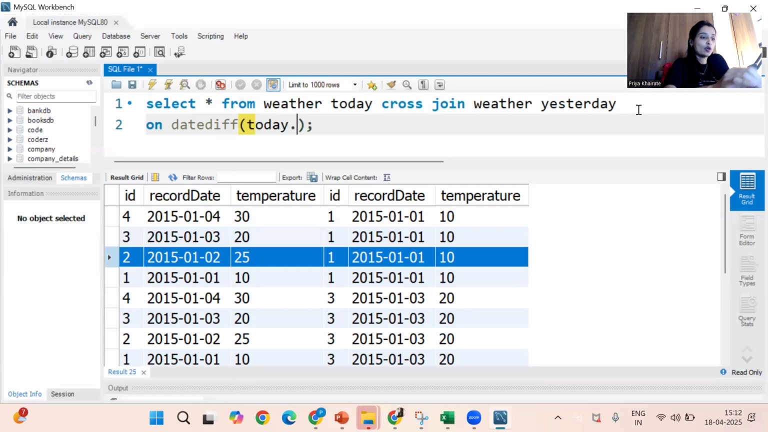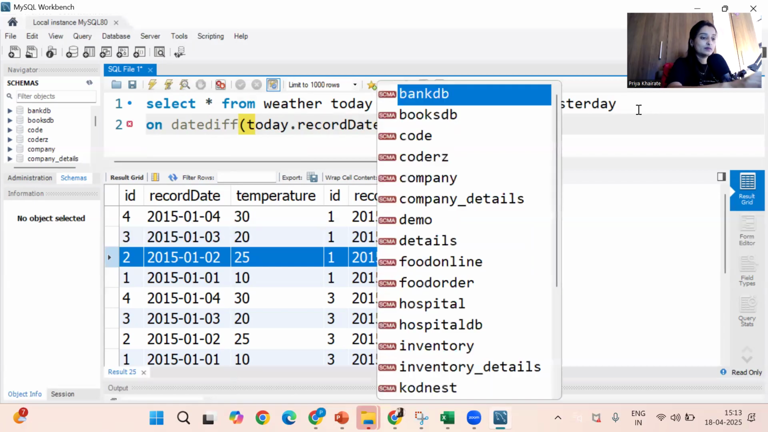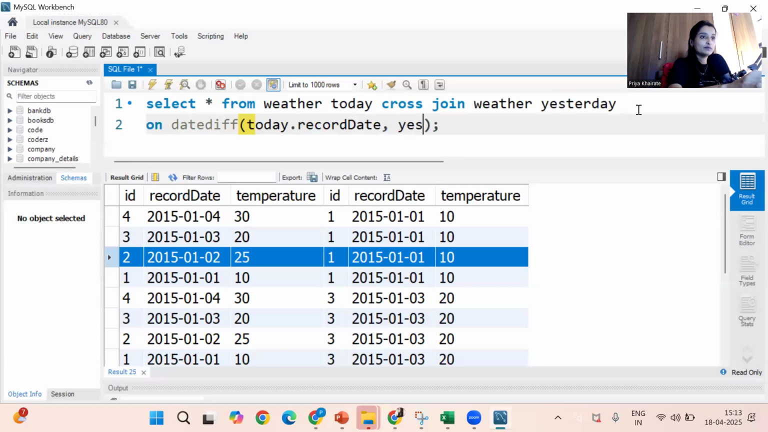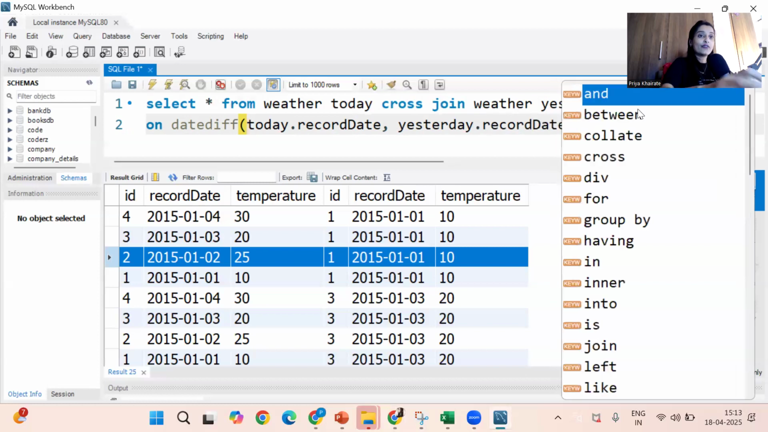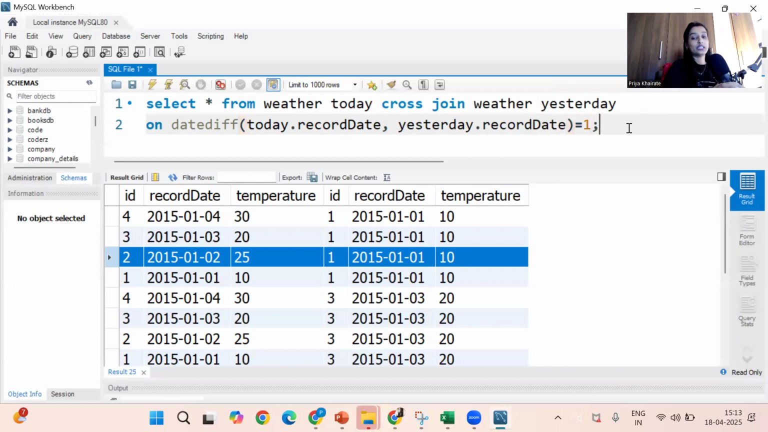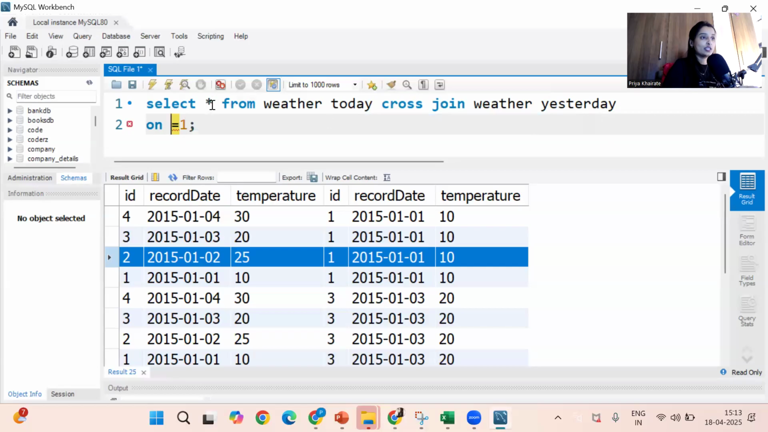Today dot record date and yesterday dot record date. If the difference is equal to 1, you return them. Otherwise, don't return. So if you wanted to check this, see what I can do is, I'll just give this